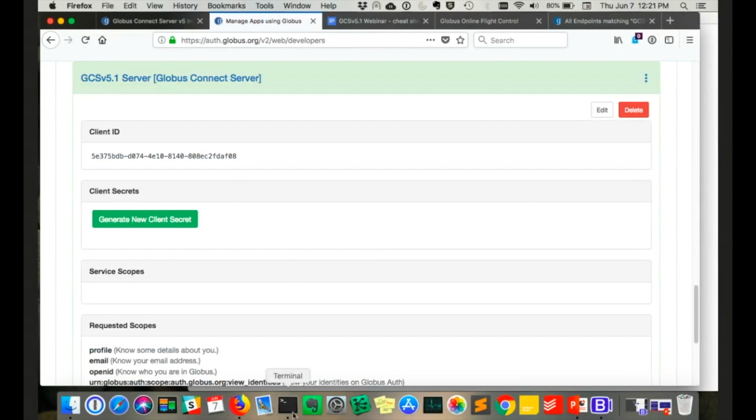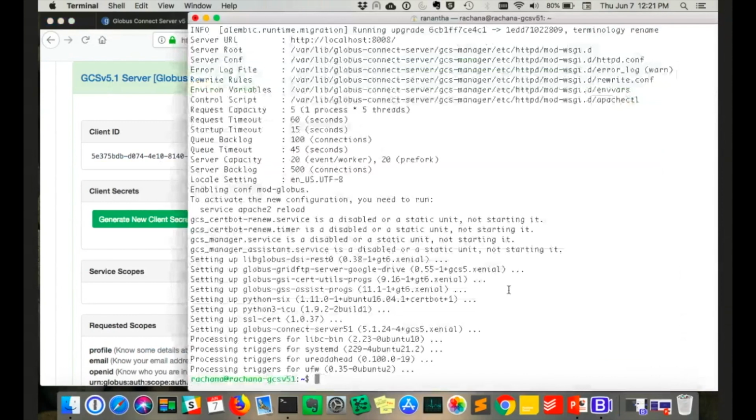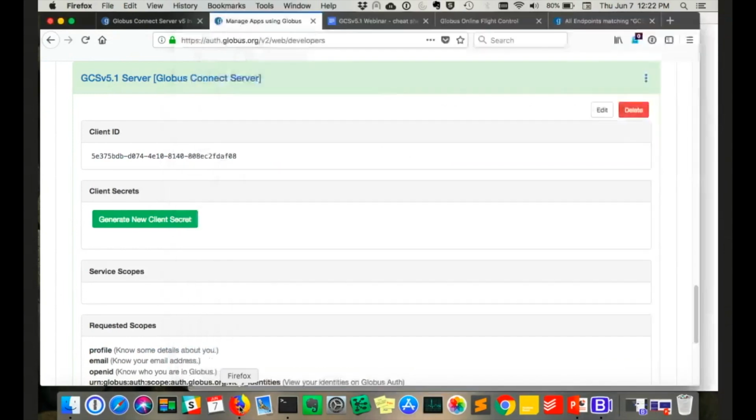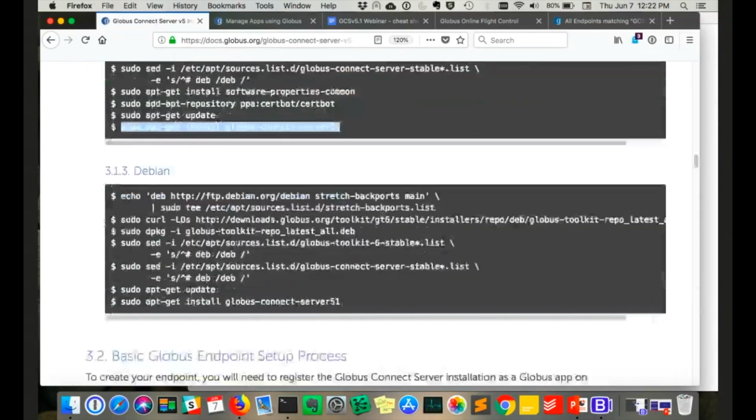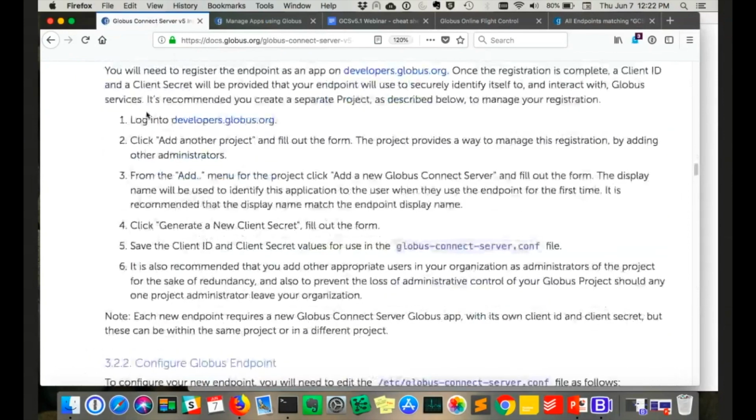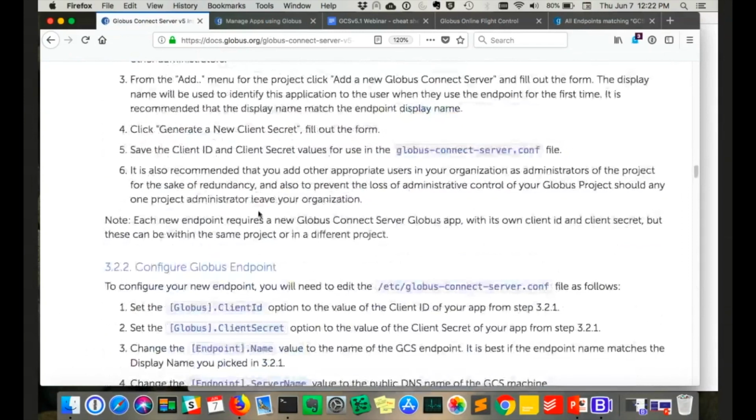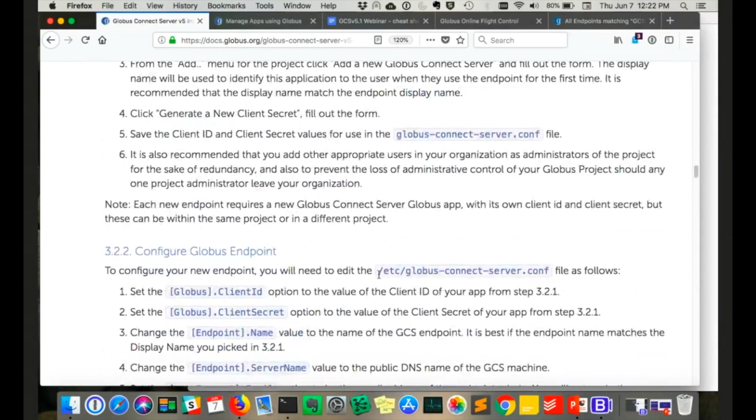So let's see where we are. The install is done here. So now, let's go back. Everything that I just did is also documented here. You can see it talks about going to the developers.globus page and doing the installation. So now I can open up